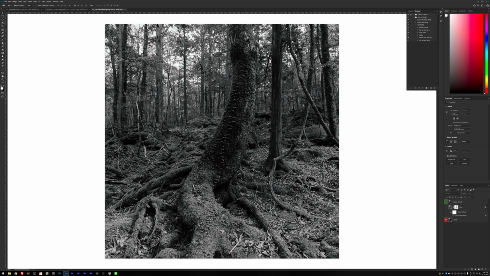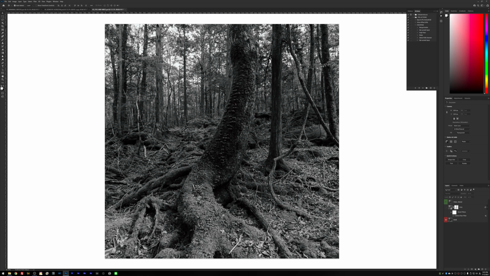Alright, so here we are with image number 3, and here I want to use the same tool, the same dehaze technique, to do something a little bit different, which is create more separation between my main subject here and the background by creating some kind of realistic fog. So this is an image I shot for my latest vlog from Aokigahara Forest. If you didn't see that vlog, I'm gonna put a link here at the top right of the screen, so go and check that out.